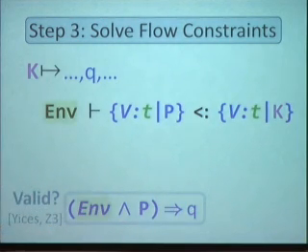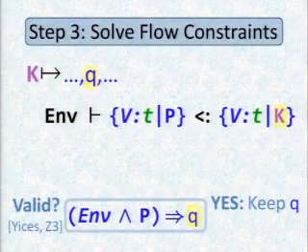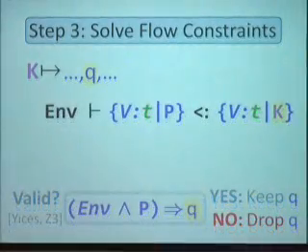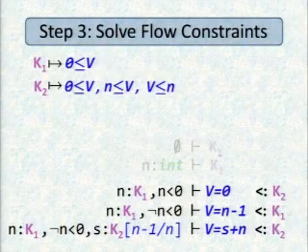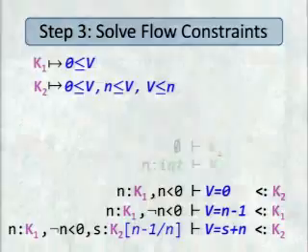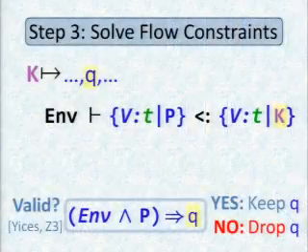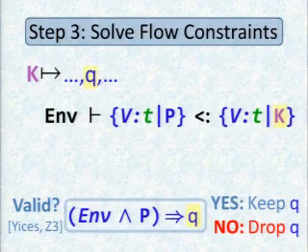Okay, and if the theorem prover says yes, this implication holds, then I'm going to hang on to q in my solution. And if the theorem prover says no, it does not hold, I can't prove this implication, then I just throw q out. Just as before, I make a pass over all the qualifiers and I keep asking, hey, does this implication hold? This one, this one, this one, this one. The ones that hold I keep, the ones that don't I chuck. By the way, for people familiar with predicate abstraction, this is in disguise a variant of Cartesian predicate abstraction, where you just look at each predicate one at a time. You take their conjunction.